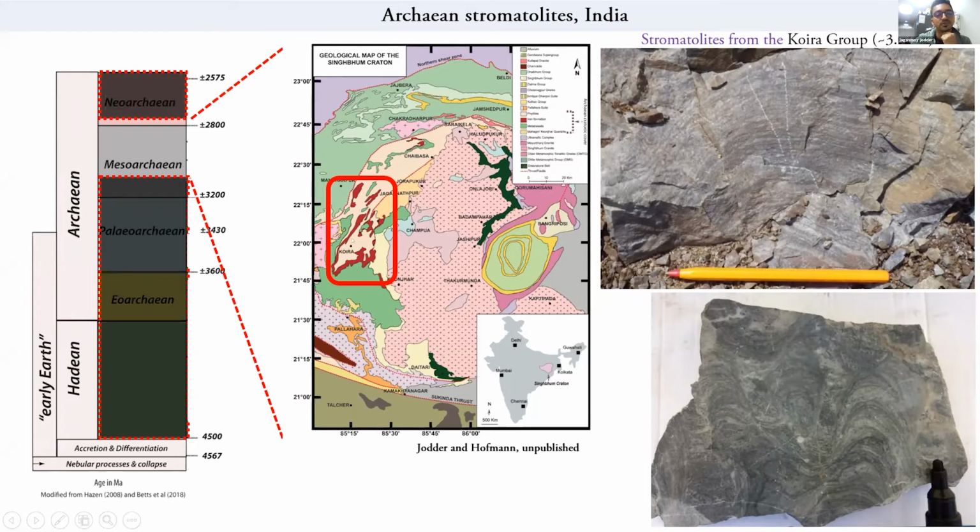And if you happen to visit the Koira Valley, you would come across beautiful stromatolites, which are also layered structures, and they are also microbially induced, and they are of 3 billion years. And sometimes you are very lucky to find remnants of carbonaceous matter still preserved in these crinkly layered laminas, and you are very fortunate to find them in different places from the Singhbum Craton. Then you would be very happy to do some analysis on these very primary structures.